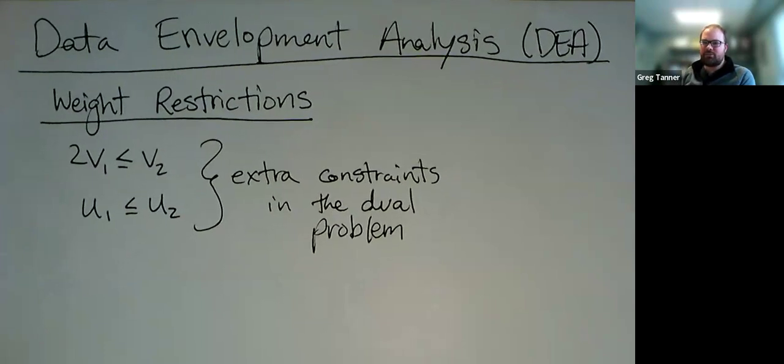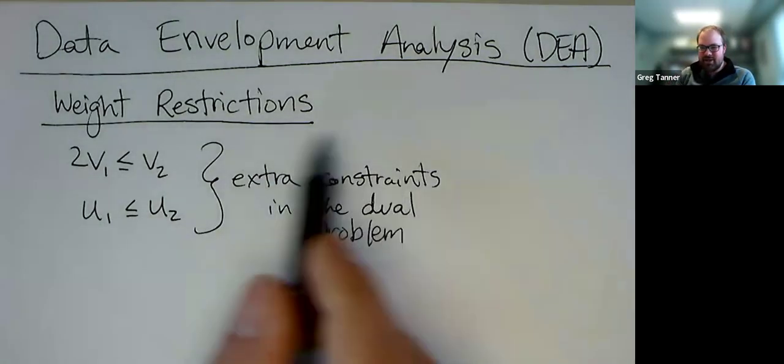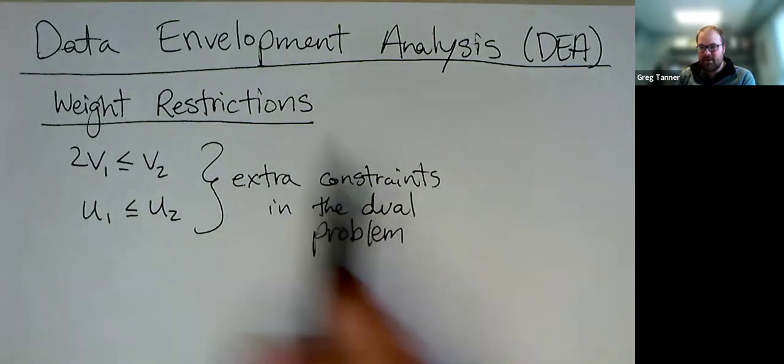And it also would sort of preclude us being able to use nice pre-built DEA software that maybe doesn't necessarily have these weight restrictions built into them automatically. Until you think about it carefully and realize that a constraint in the dual problem is a variable in the